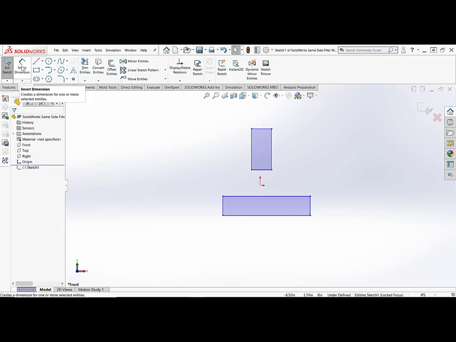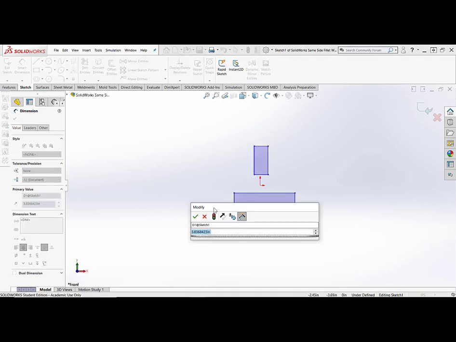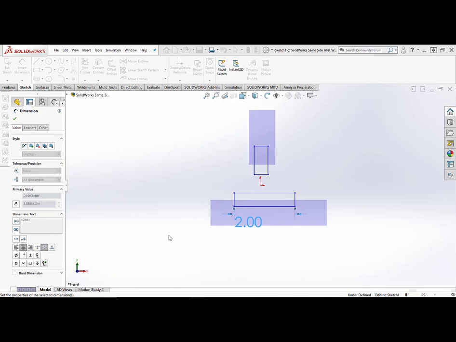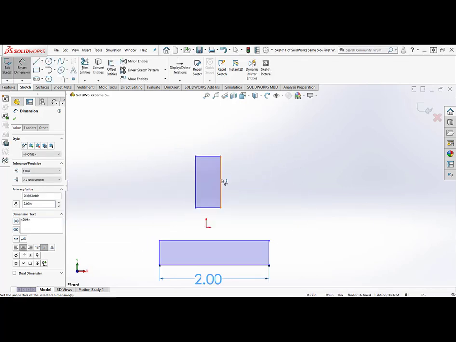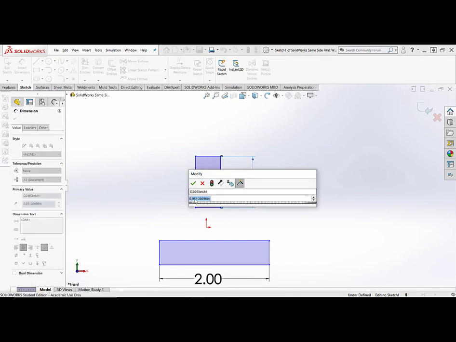Then I'm going to come up here and I'll do Smart Dimension, and I'm going to dimension the width of this rectangle as 2 inches. And you might have to double click on that dimension, or it might let you dimension it right off the bat. I'm going to put in 2. That's actually a setting that I need to go and find and change so that it'll let me dimension that more easily. I'm going to dimension this dimension as 1.5,